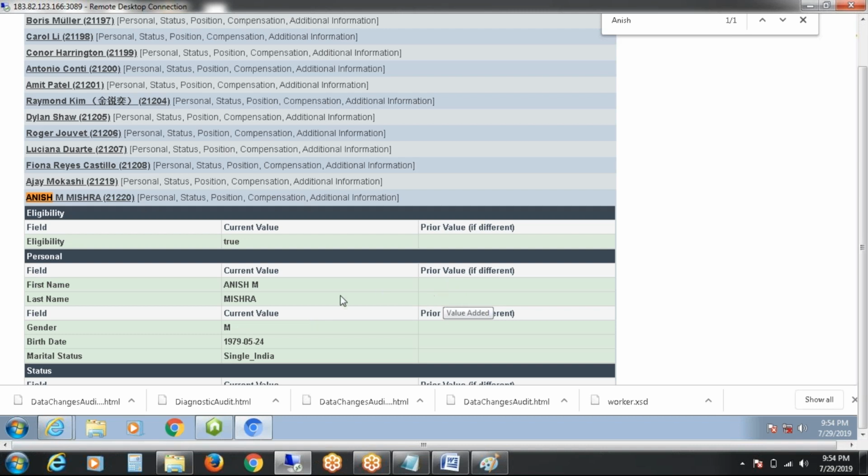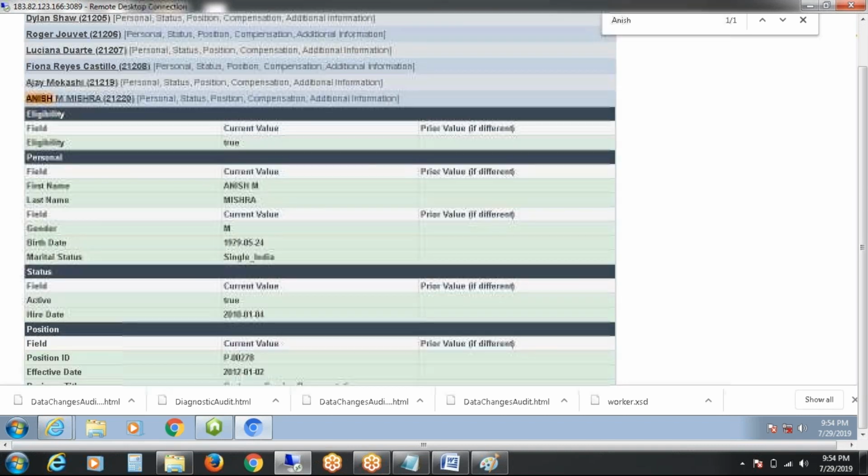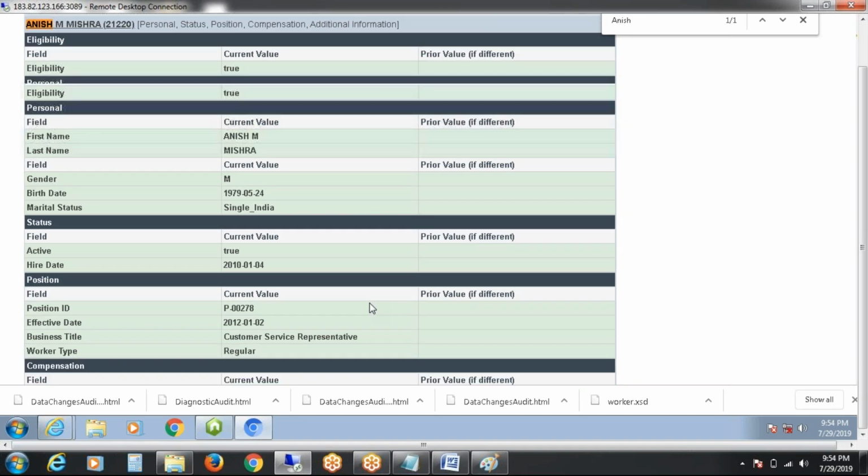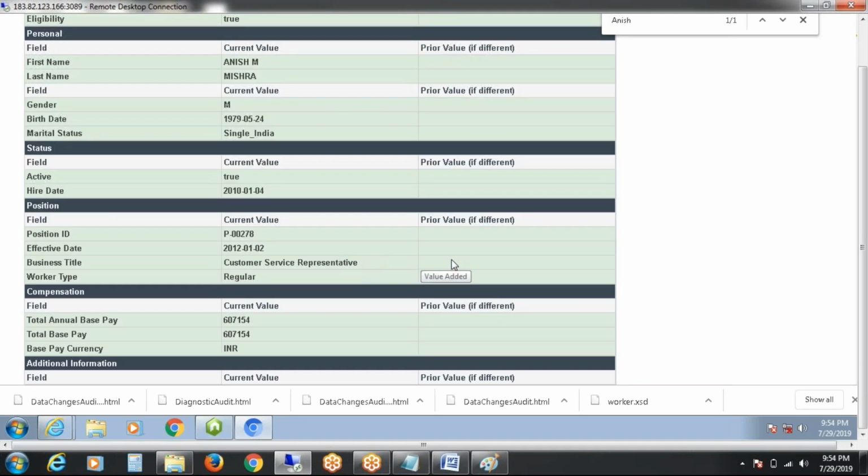But anyway, ignore. Normally if he was single earlier and now he is married, we will see single here. And any business title that has been changed, we will see the business title he had earlier. These things we used to get, but I don't know why we are not getting them here. Maybe it is an access issue or something, but we used to get them here.